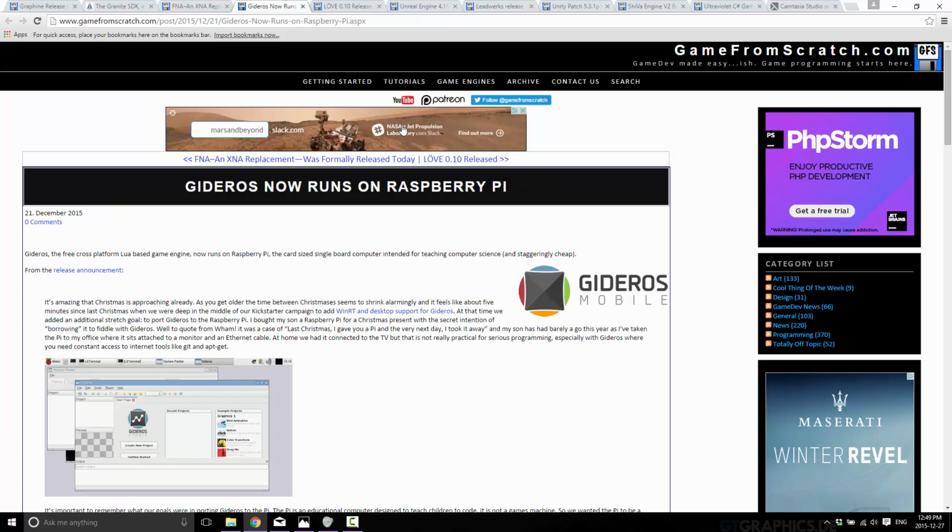Now, next up we have Gitaros. Gitaros was released for Raspberry Pi. Now, Raspberry Pi is an embedded single chip computer system. So basically you can buy a Raspberry Pi and have a full system, plug in a keyboard, a mouse, and a display, and you're off and going. Now the big thing with Raspberry Pi is they're cheap. You can get them for as low as 20 bucks. And the idea is mostly behind teaching people how to use computers, etc.